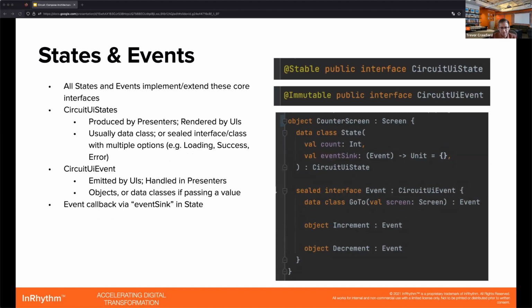So to cover state and events in Circuit, they're defined by two core interfaces, a Circuit UI state and a Circuit UI event, and all states and events in Circuit implement or extend these core interfaces. Circuit UI states are produced by presenters and rendered by UIs. When you have a single state in a screen, these can be as simple as a single data class, as